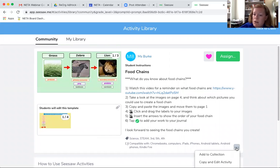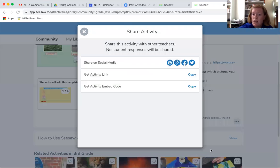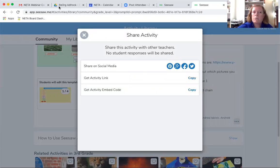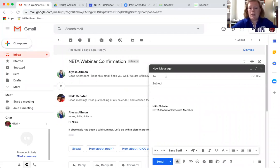The other option down here that I wanted to share with you is share activity. So if you are working as a group or as a PLC, this is a wonderful way to make sure that everybody's on the same page. So you can get the activity link is what I usually do, because what that does is I copy the link, and then I can go into my email and I can say,